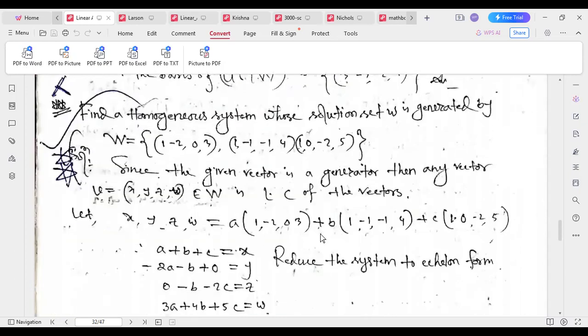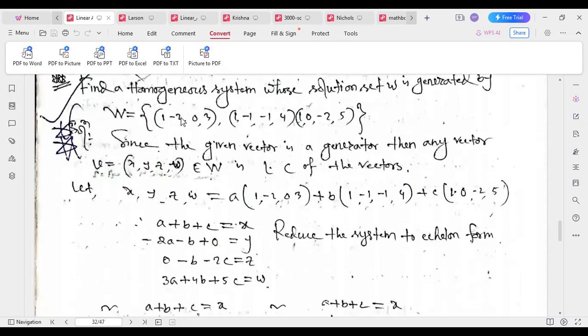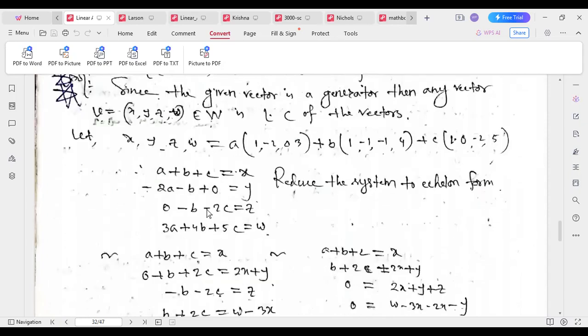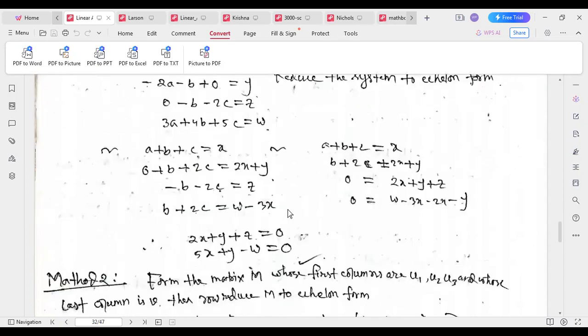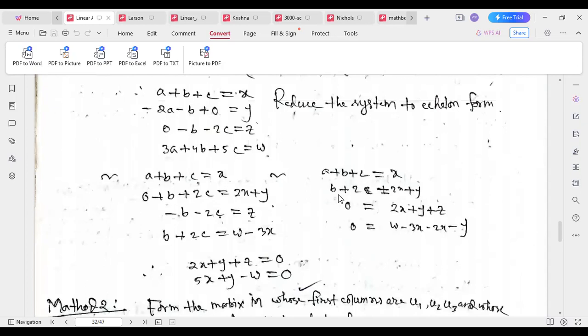Now find the homogeneous system whose solution set W is generated by these. Since the three vectors can be written as a linear combination of x, y, z, we get 4 equations with 3 unknowns. So we can observe that, in echelon form,